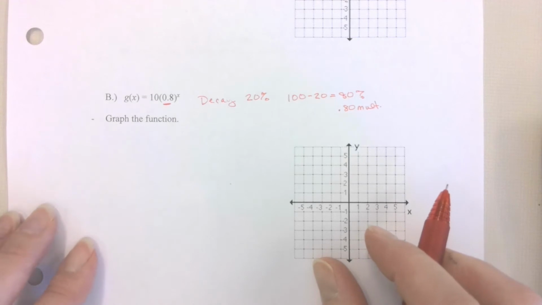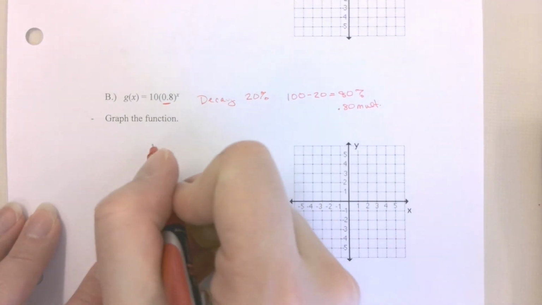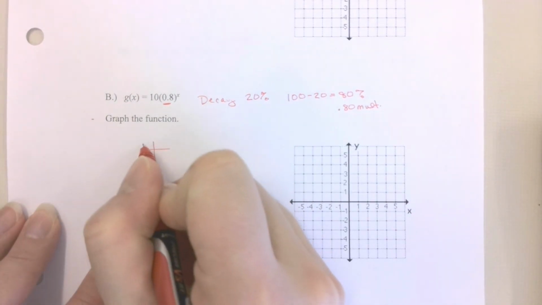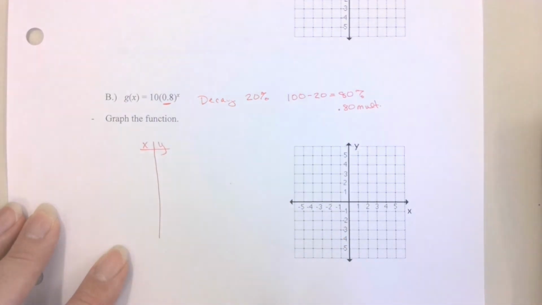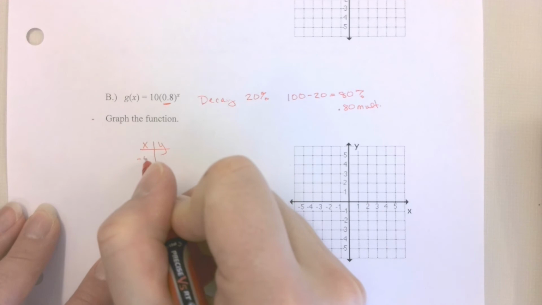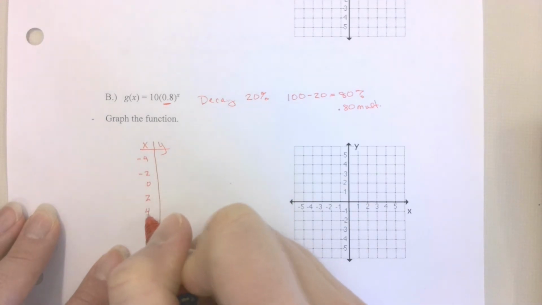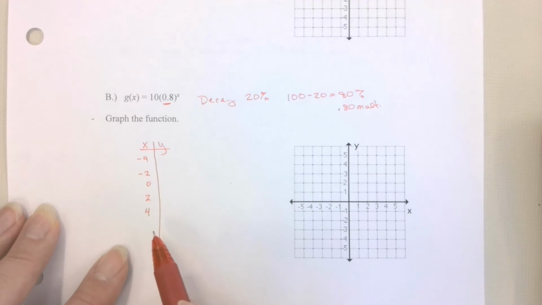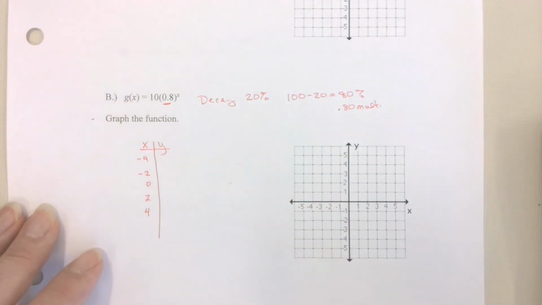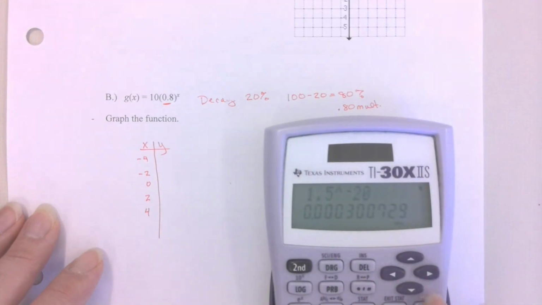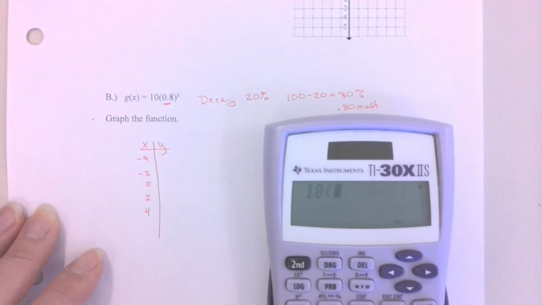So again, I want to graph this function, and I have nothing, so I'm going to come in and make a t-chart any way you want to, horizontally or vertically, and I'm just going to grab some negative numbers. I'm going to try -4 and -2, 0, 2, and 4. So I'm skipping around a little bit, and if I wanted to, I can always come back and add in more. All right, so using my calculator, I'm going to plug this in, 10 times 0.8 to the power of,